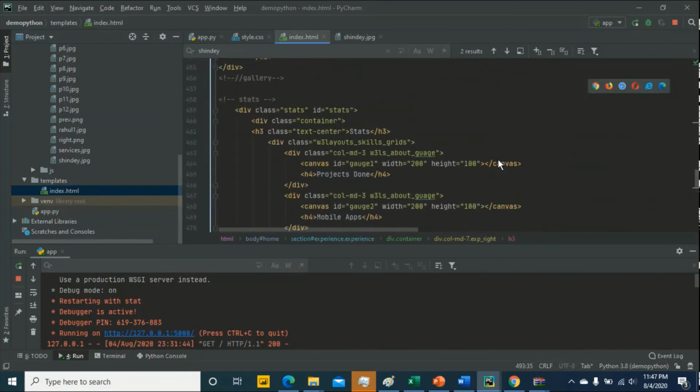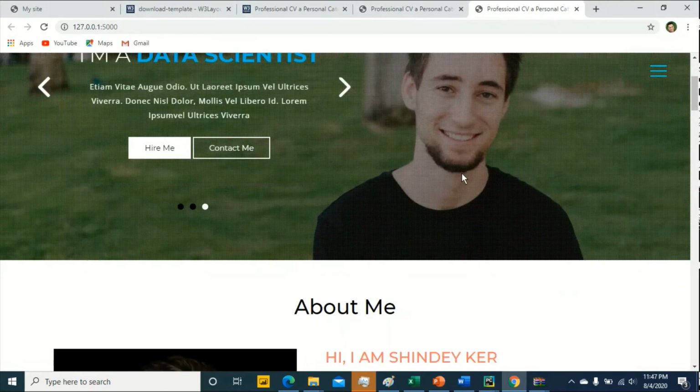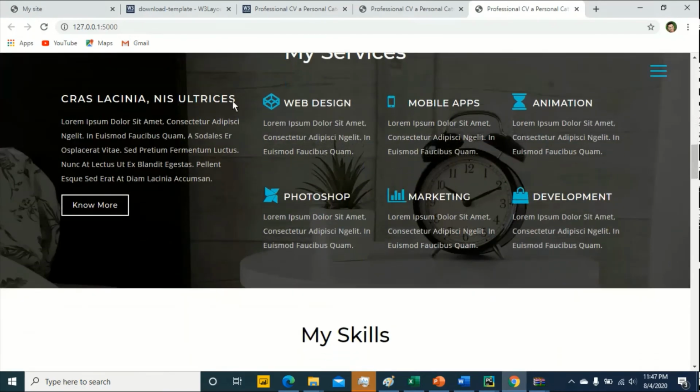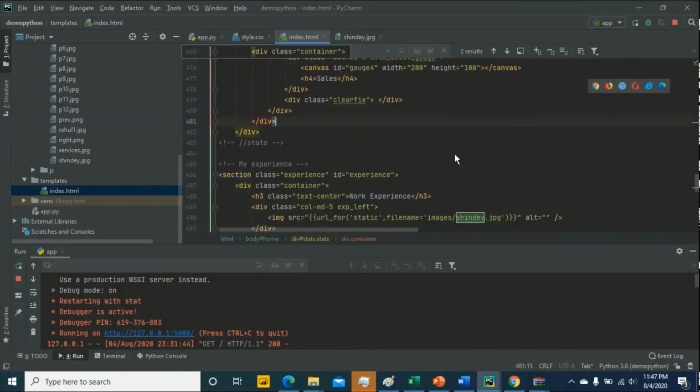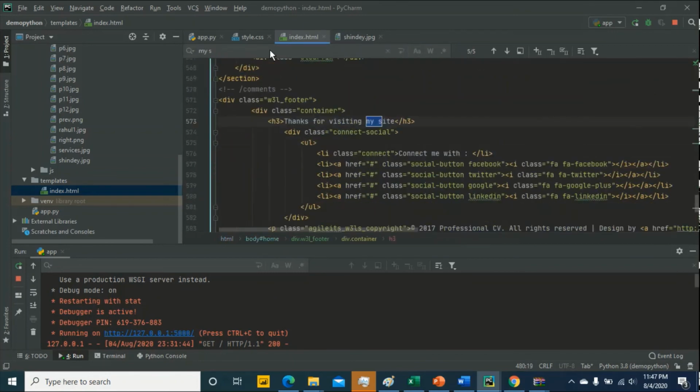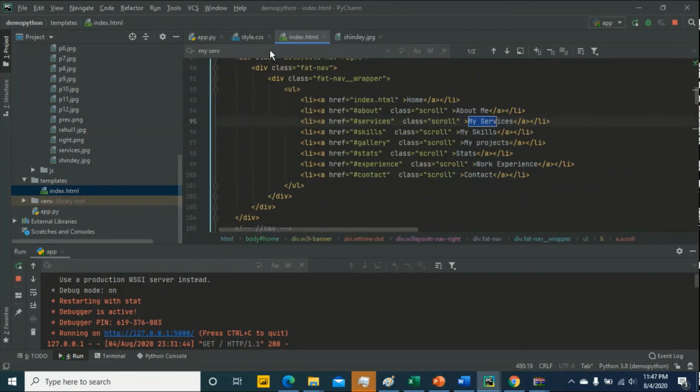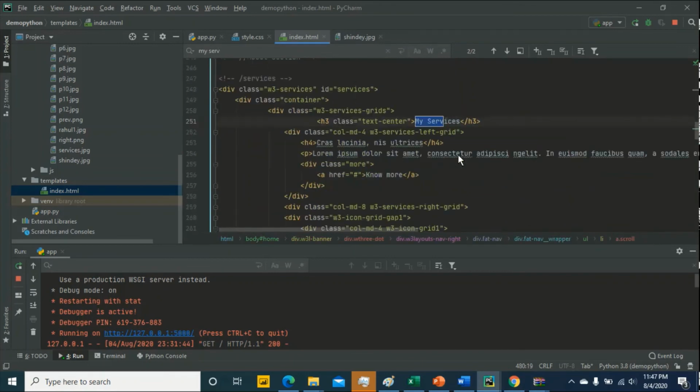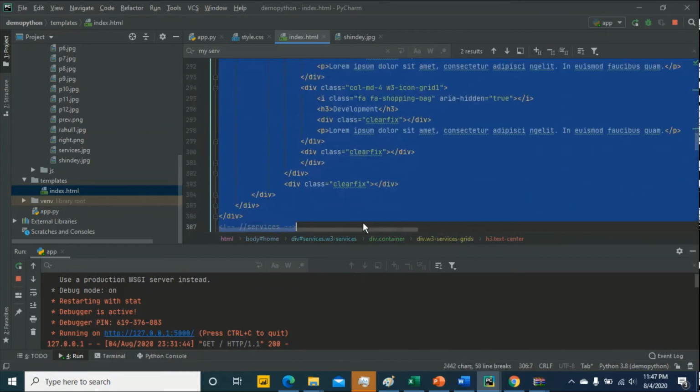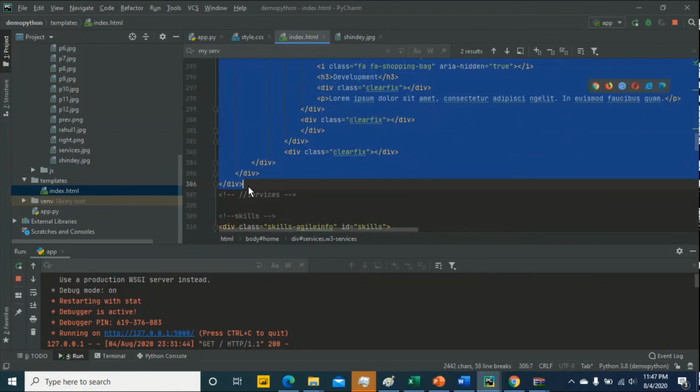I want to delete some data like I just want to delete my services. Okay, then click on here, control F, same process, my services. Okay, my services, where is that? Here from DU. This one is starting, and this one is ending.